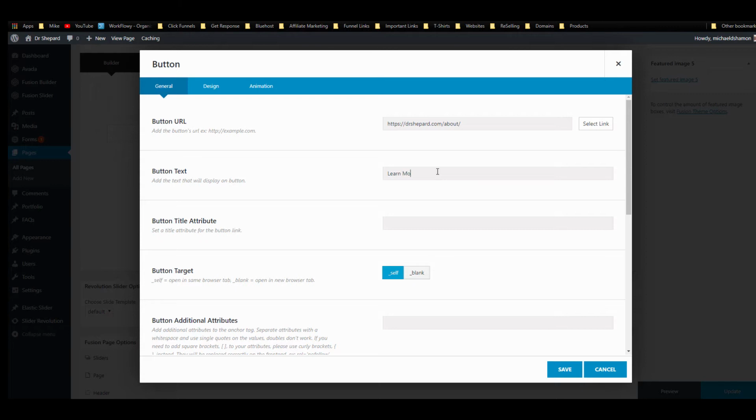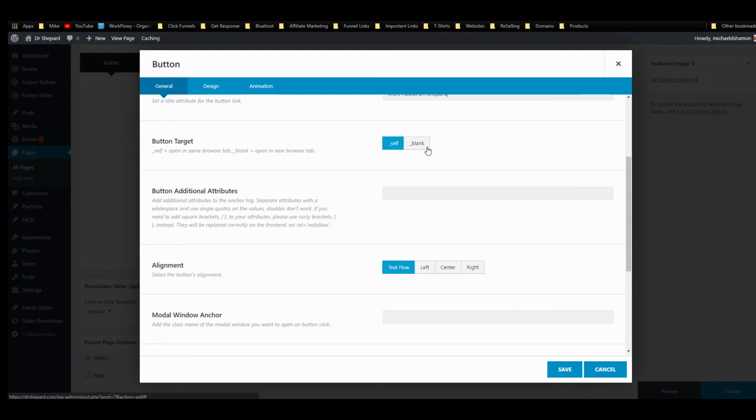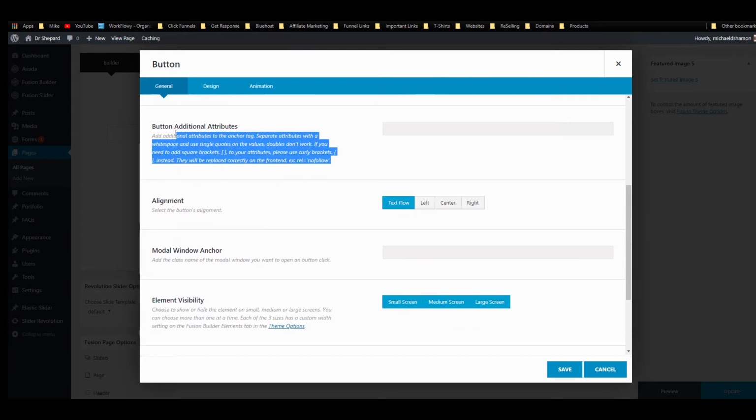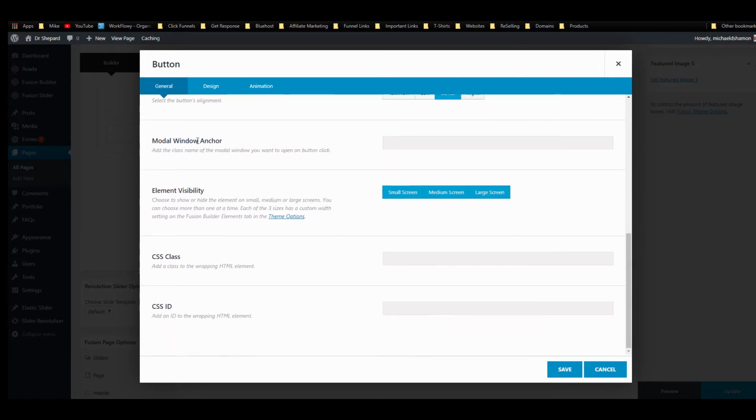Learn more about Dr. Shepard. About button, whatever you want to name it. Or actually, be more about Dr. Shepard. That's what we'll use. Alright, you can set if you want it to open up a new page or not. Of course, I wouldn't recommend that on this link. Additional attribute, you can read the description here if you want nofollows. Whether you want the text line, I always go center if it's an anchor, the visibility, everything else, and the